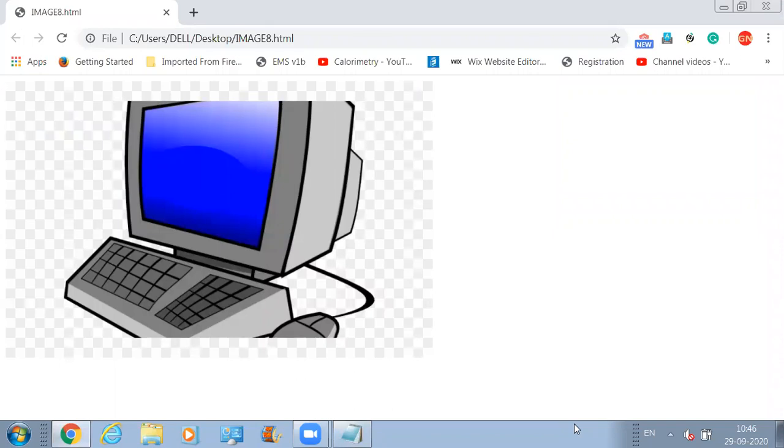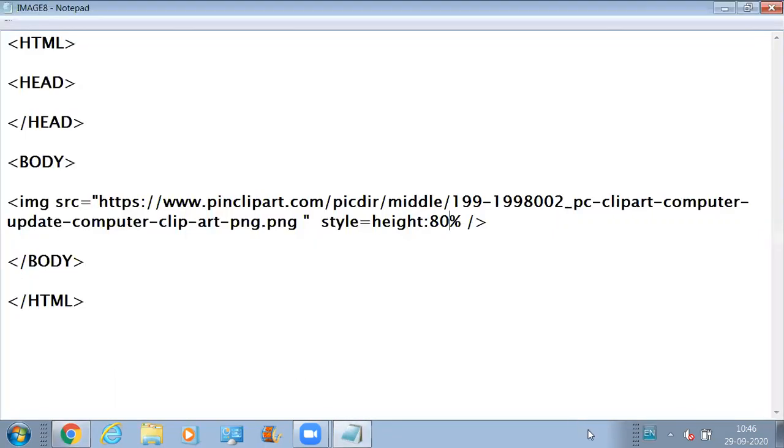Now if you want to play with the height as well as the width simultaneously, how are you going to pass the value? In order to do that, you have to place a semicolon first, and after that you can define the width for the image, 50%. Okay, it should not be equal to here.